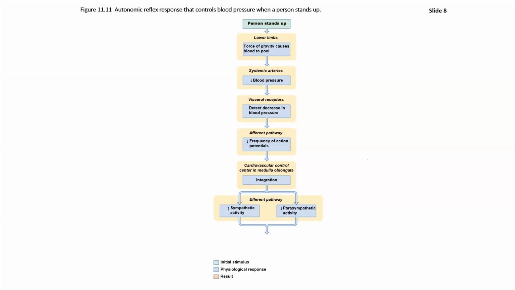Now, the dual innervation bit comes in here. We don't only increase our sympathetic activity to the heart, right? It's not enough to just raise our sympathetic signals, but we also have to likewise decrease our parasympathetic activity to the heart as well. And those two actions together, that dual innervation, is what will bring about the desired response